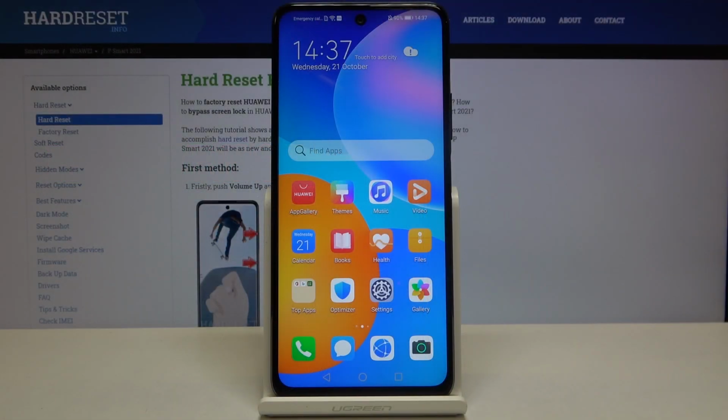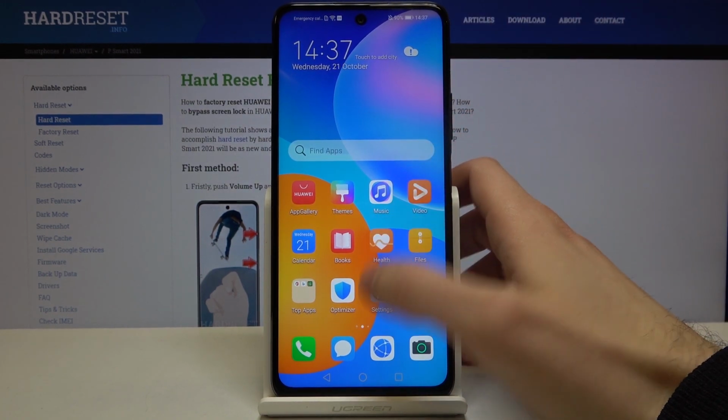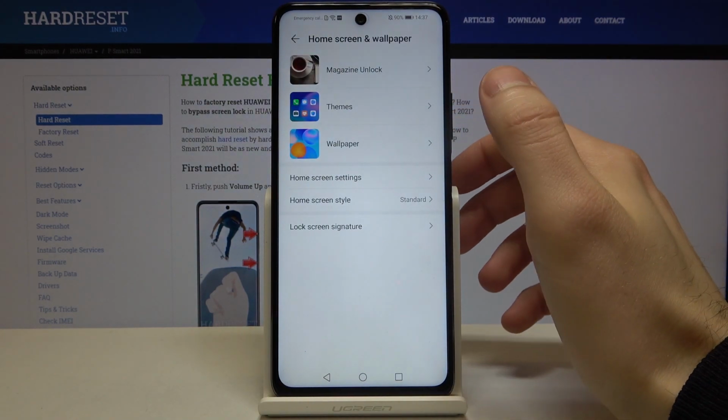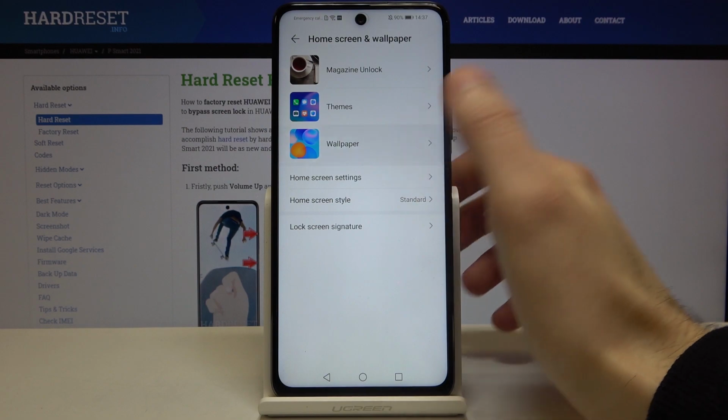Here I have HUAWEI P Smart 2021, and today I'm going to show you how to change wallpaper on this device. So first of all, you have to open settings on it, then go to the home screen and wallpaper section, then wallpaper,